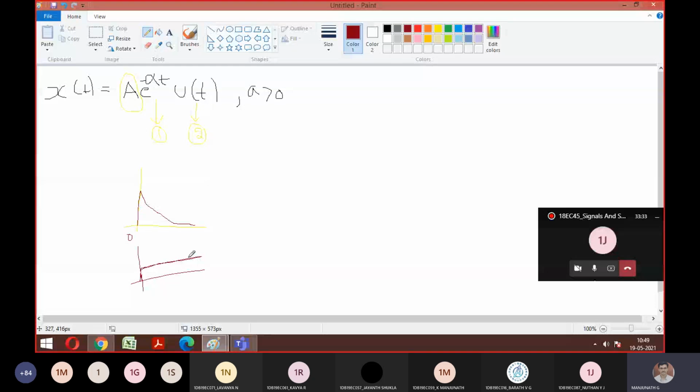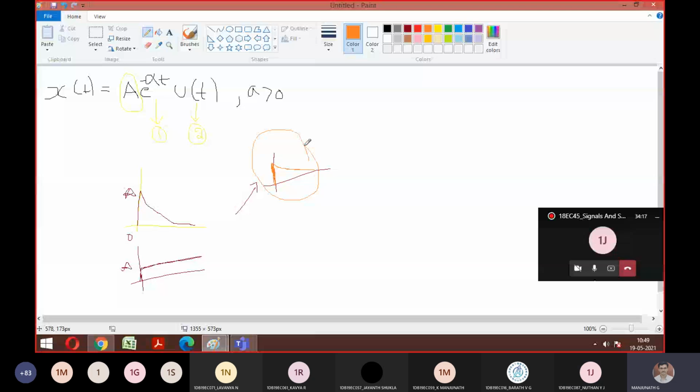Is it a periodic or non-periodic signal after multiplying? You can see at the junction, at 0, it becomes the same. So I can mark at 0 it is A into A, so in general A square. Then of the remaining terms, one is constant and one is dipping. Which one will take preference, dipping or constant? Dipping, sir. So is this signal periodic or non-periodic?